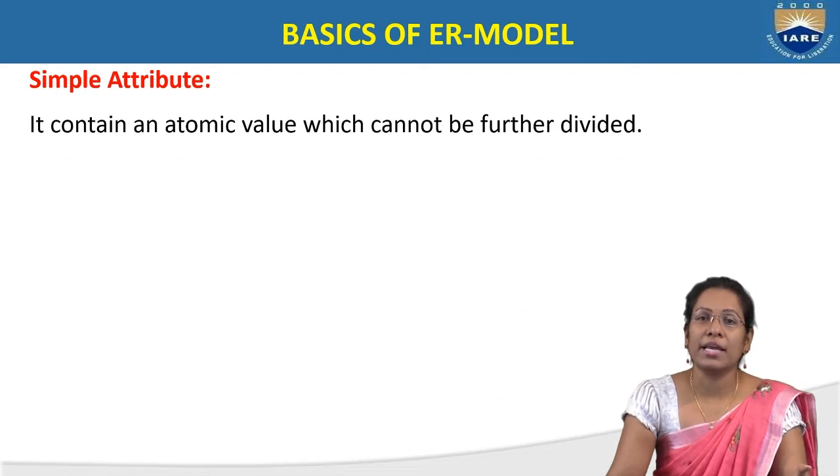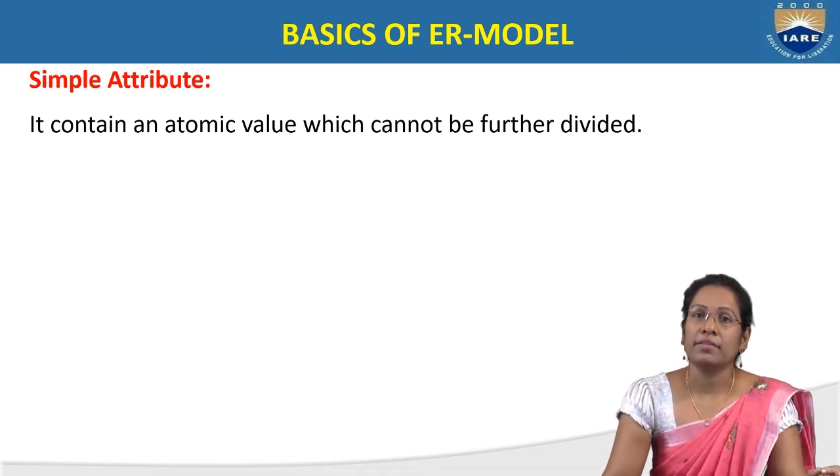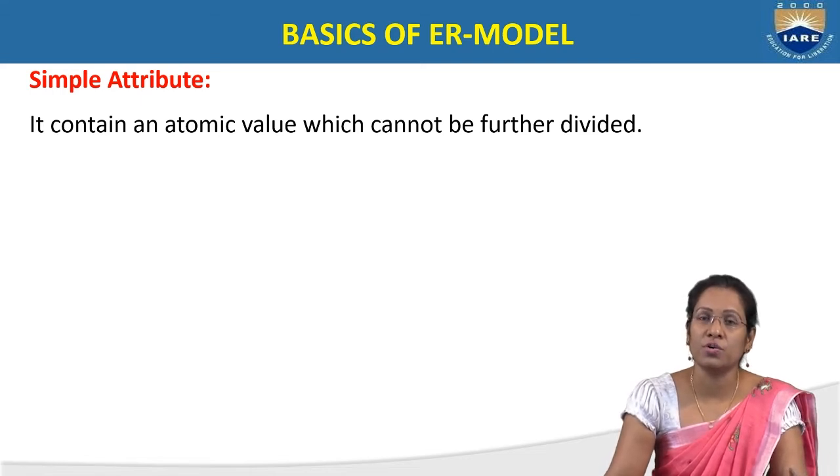Here I can give the example of student, the same entity. What are the attributes of the student? SID, nothing but roll number, is one attribute, age is one attribute, name is one attribute, and date of birth is another attribute. These are the set of attributes we include for student.